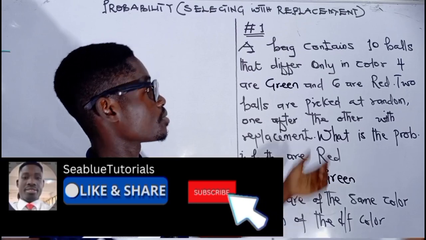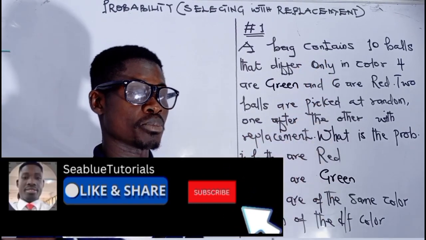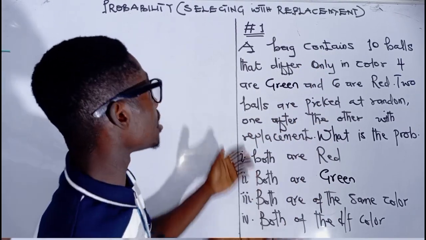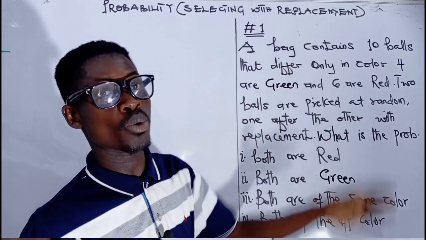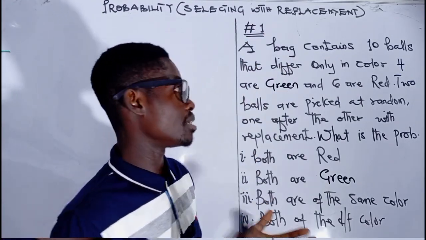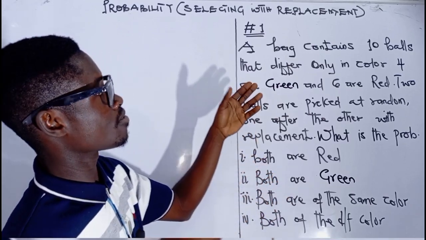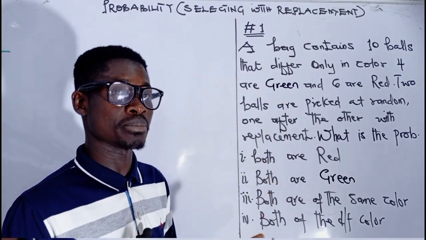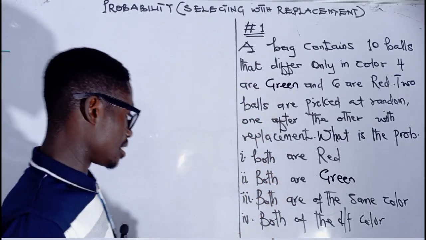In today's tutorial, we want to look at this particular question on the board, and this question falls under selecting from a bag with replacement, or drawing from a box or bag with replacement. So when we talk about selecting from a bag or box with replacement, it simply means that you have a bag